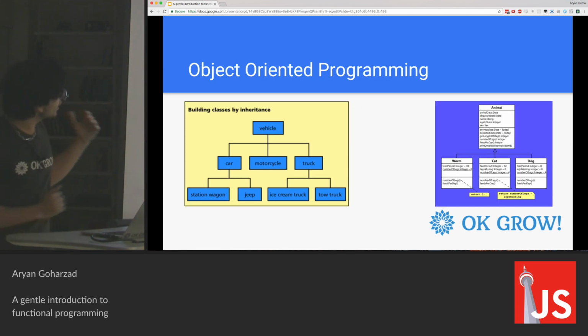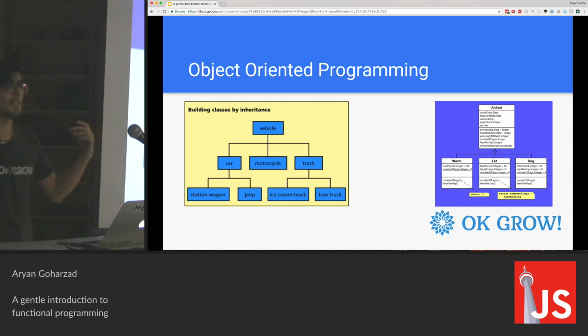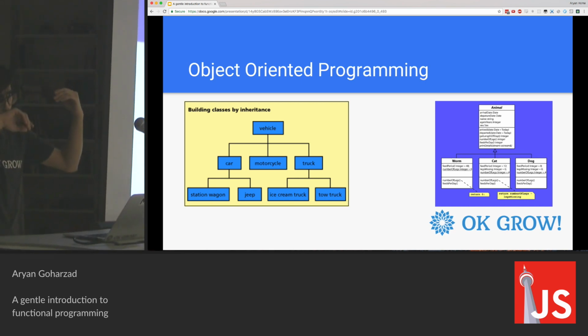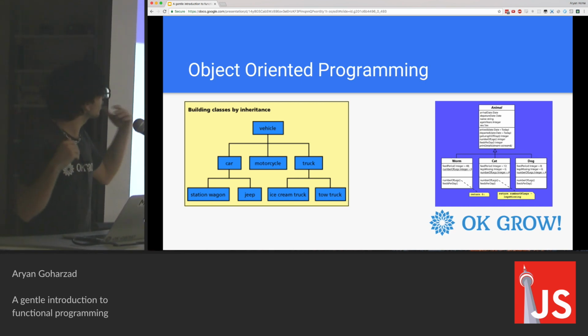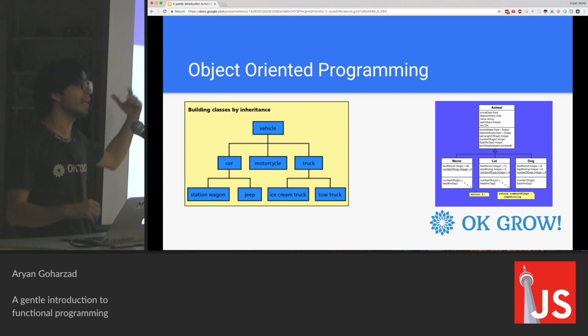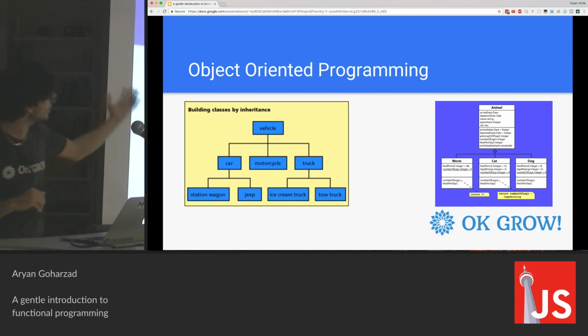So a concept that is tied with imperative languages is object-oriented programming. This is the idea that everything is in objects and classes. This models our real world really well. That's why the examples are usually things like animals or cars. So in this example, you can have an animal class, and you have a cat and a dog class, which inherit from that animal class. So if you call a function that is called make sound on the animal class, depending on whether it's a cat or a dog, it will bark or meow.